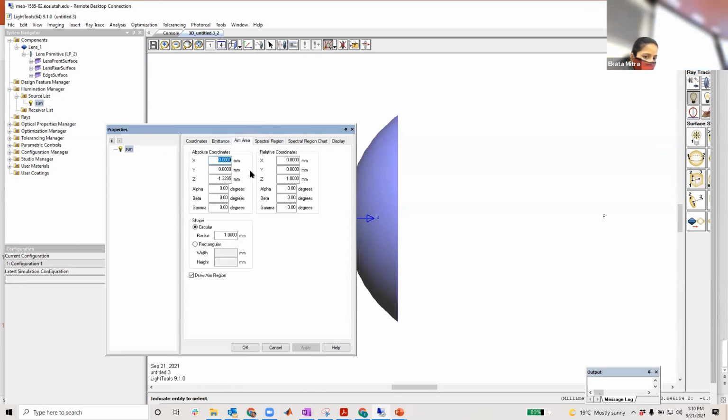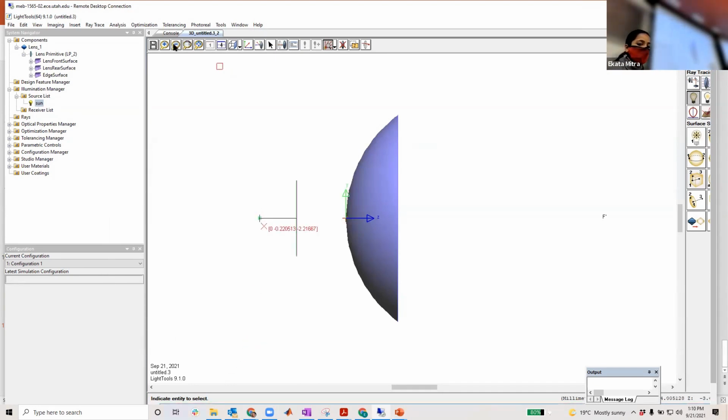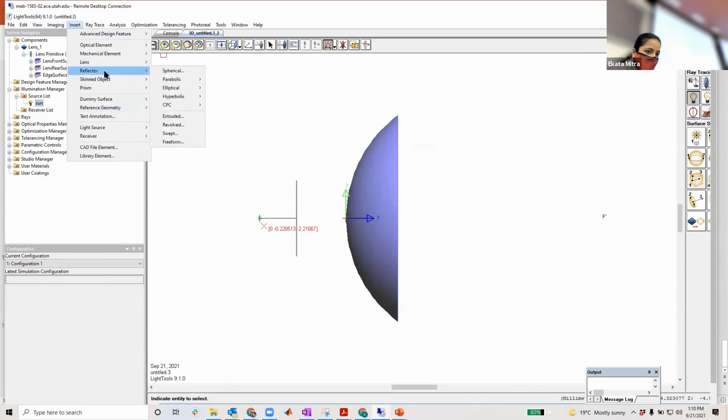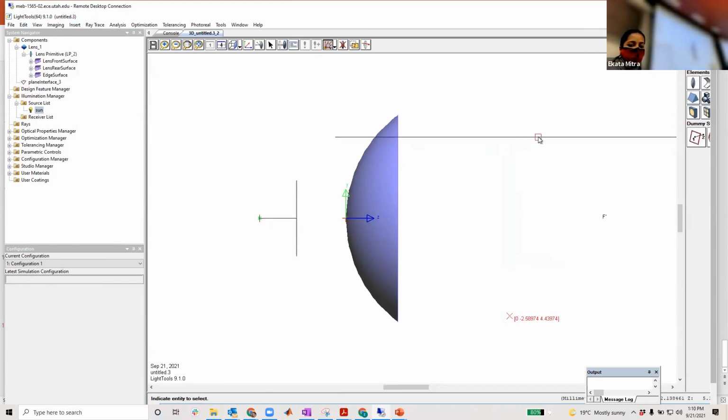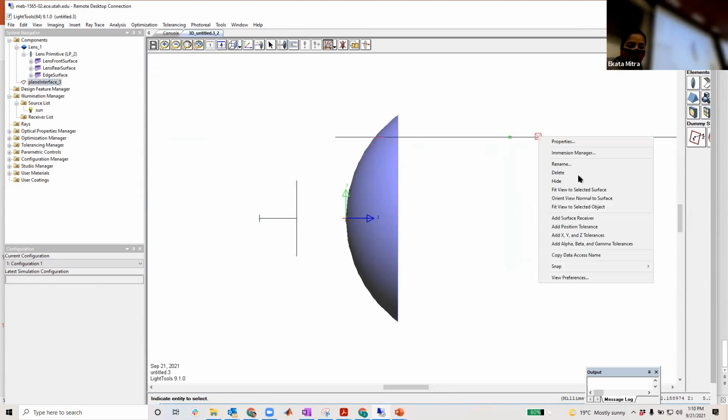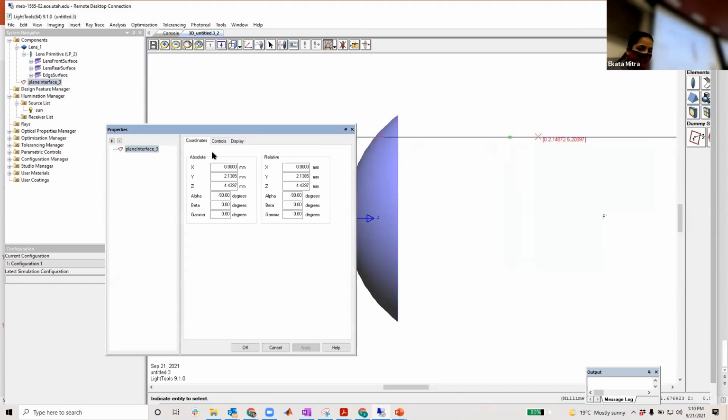So let me do something. Okay, let it be like this. And I just want to show at least a few things. Dummy surface. So the dummy surface is what you are going to use as a detector. So in properties, again, we have to change.